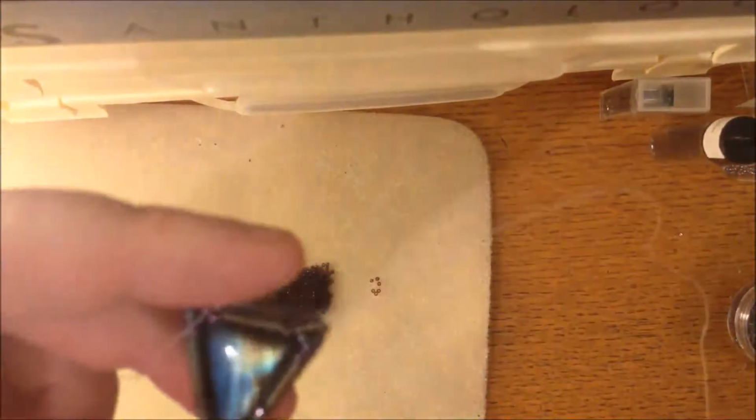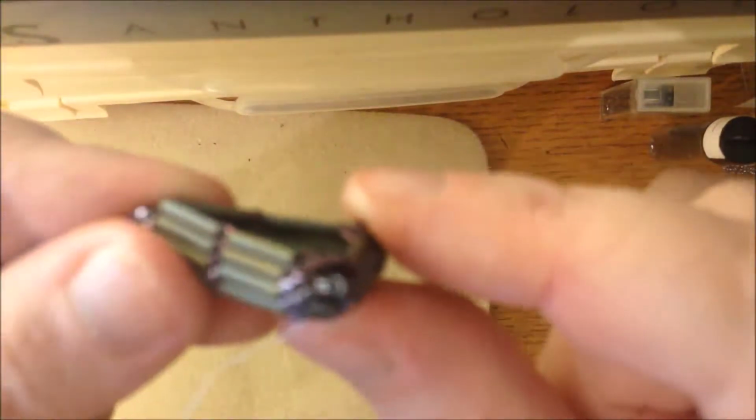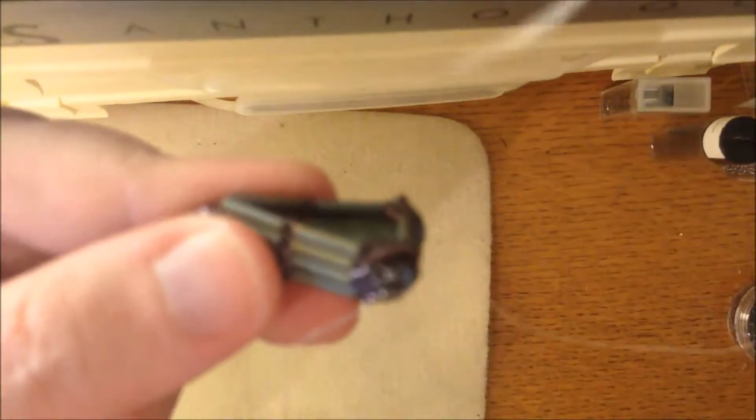The front might need a little tweaking at the very end, but that's to be expected, and then we'll be on our way here. So I'm going to mess around with it a little more and I will tell you what I did in just a minute. Okay, so I've done what I can with the back,